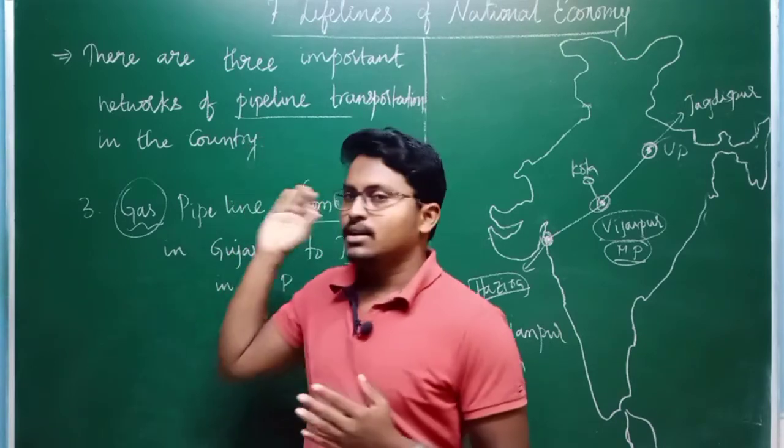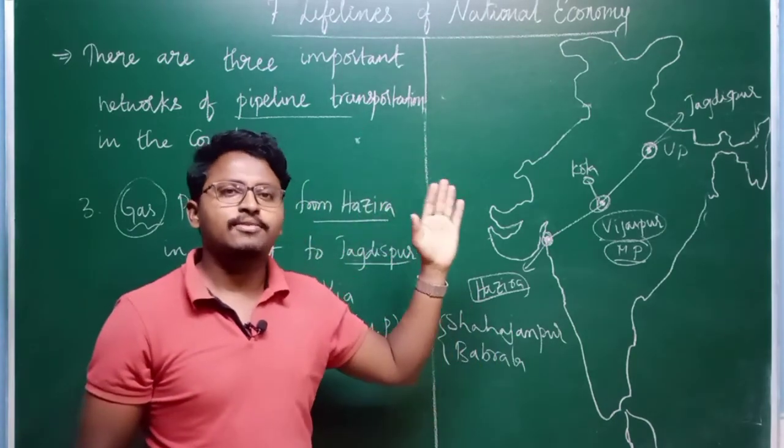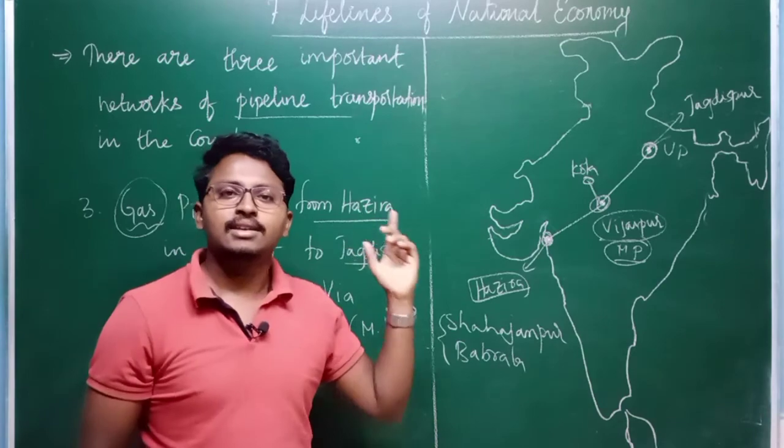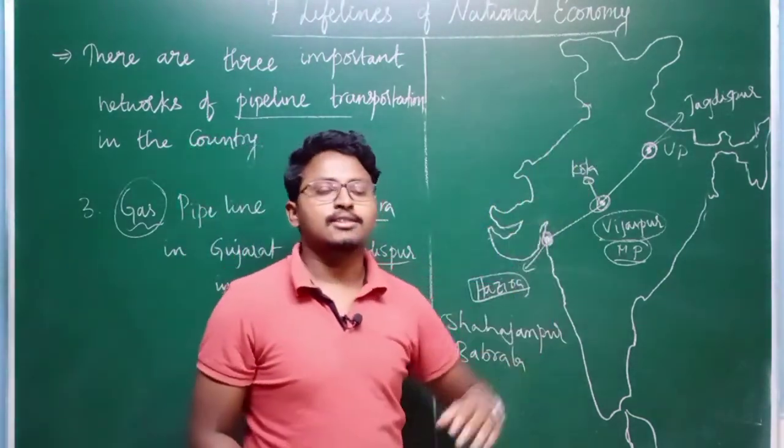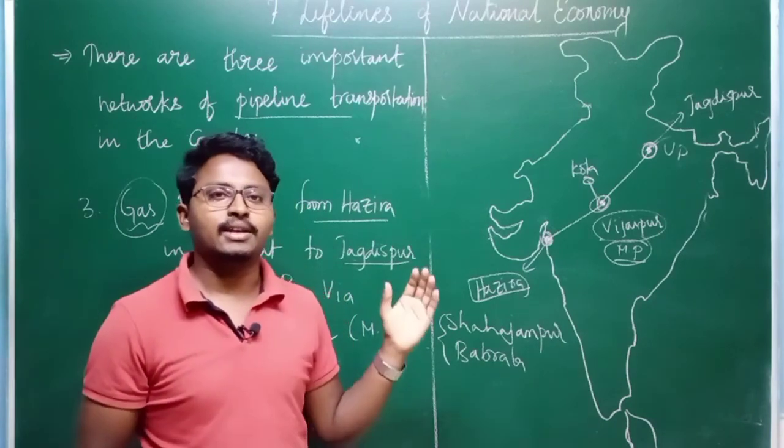So one is from upper Assam to Kanpur, the second one is Salaya to Jalandhar, and the third one is from Hazira to Jagdishpur. With this we have completed the means of